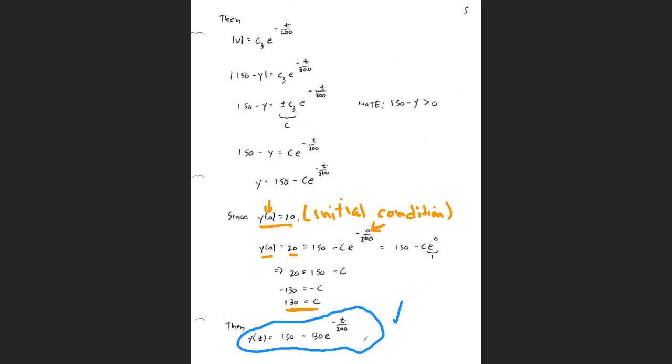Now, based on the differential equation, we have an expression for y of t, a formula that tells us the amount of salt in the tank after t minutes. So how are we going to find out the amount of salt in the tank after 30 minutes? What do we do with the 30 minutes? T equals 30. That's right,